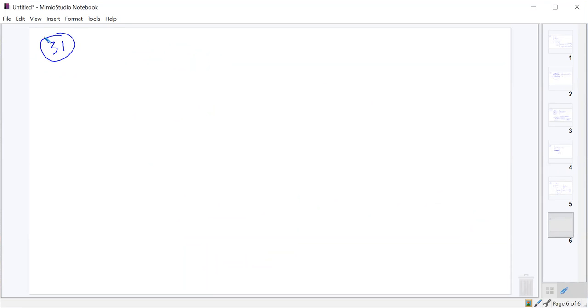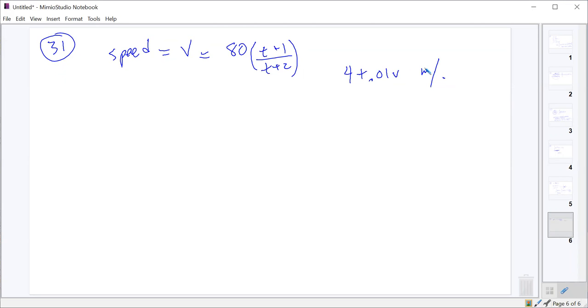Yes, 31. We've got this 18-wheeler traveling at a speed, which they're calling v, which is kind of annoying, but that's fine. Our speed equals v, and we know that v is equal to 80 times t plus 1 over t plus 2. We also know that our car gets 4 plus 0.01 v miles per gallon. And we want to know how many gallons this 18-wheeler uses in the first